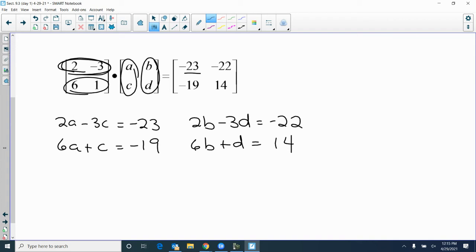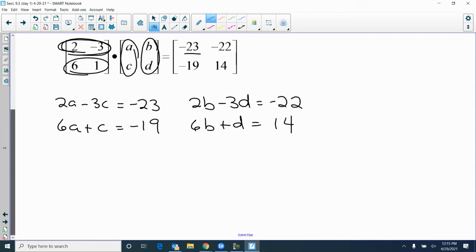Well, I kind of set them up nice because I know what's going to happen. I said, do we do a system of equations? Well, here's what we got. I got two equations with an a and a c. I got two equations with b and a d. So yes, you want to group those equations together and solve. They're very similar because they all have the same coefficients. For the first set,